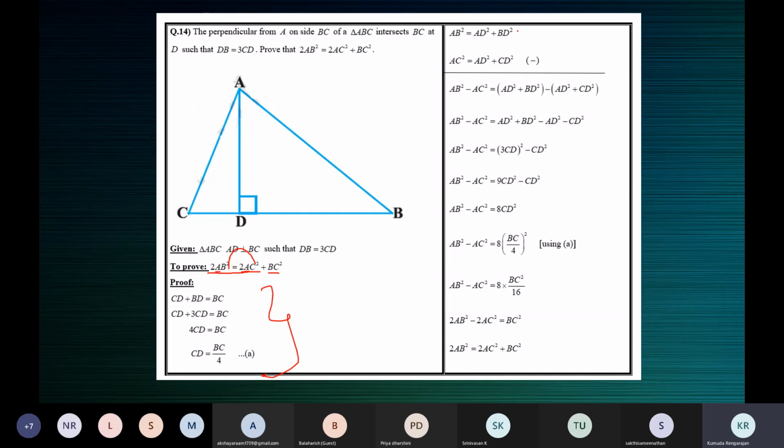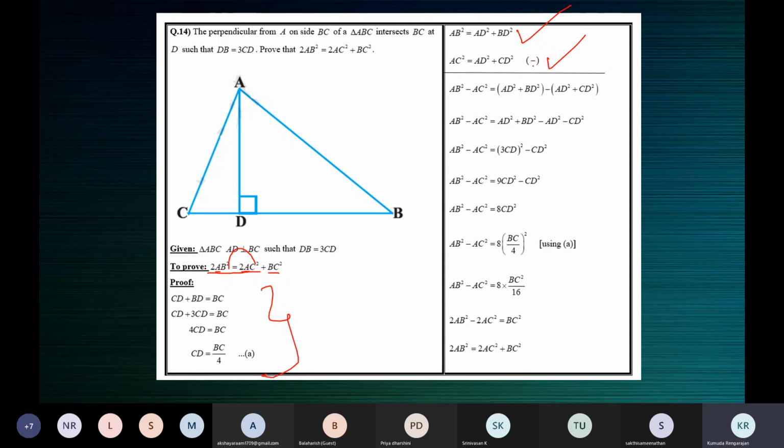AB square. So you can see here, children, in right triangle ADB, AB square is equal to AD square plus BD square, correct? Then in the other triangle, by Pythagoras theorem, AC square is equal to AD square plus DC square. Now we have to